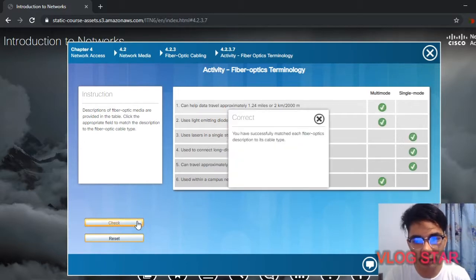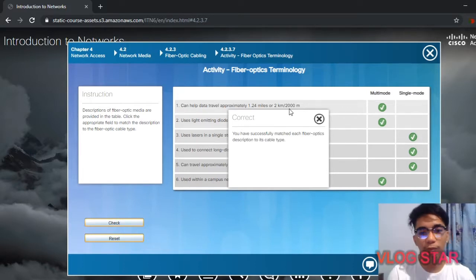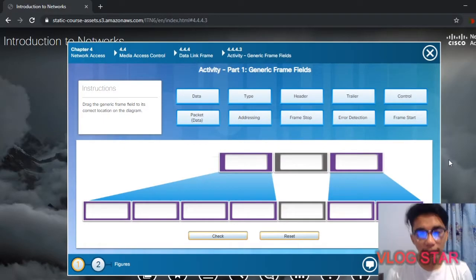Then let's check. As you can see, it is all correct and it's properly matched. And I think this is the last part of the activity in chapter 4, the generic frame fields, which is somewhat inside the packet or in encapsulation or in a frame. Then let's start to answer it. And the first one is the